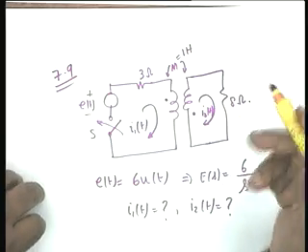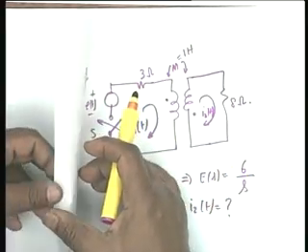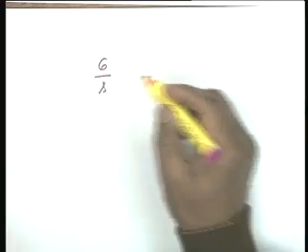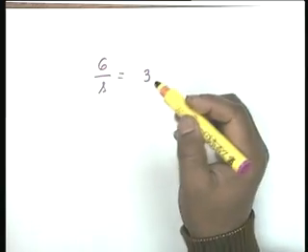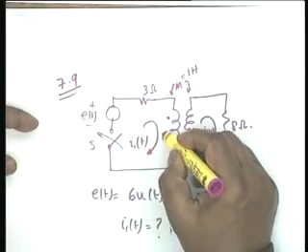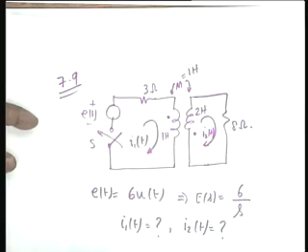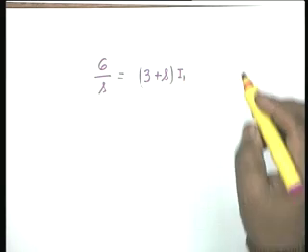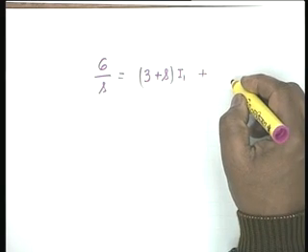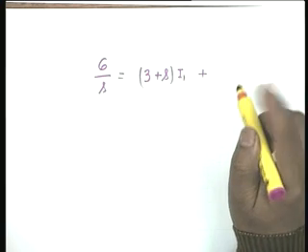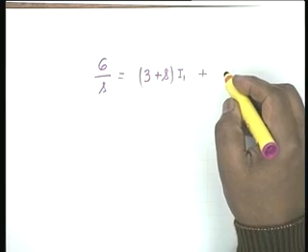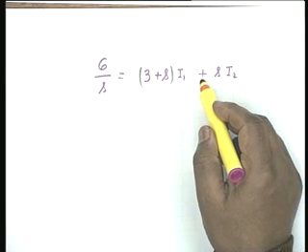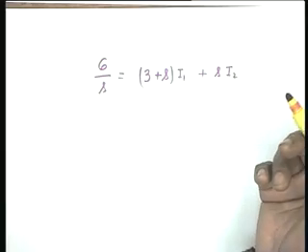The current has also been reversed, and therefore I can write down by inspection the equations for the two meshes. 6 by S would be 3 plus S, since L1 and L2 are given as 1 Henry and 2 Henry, multiplied by I1, plus, it will be a plus sign, the mutual inductance is 1, so its impedance is Sm equal to S, times I2. The plus sign has been restored because the dots have been reversed, and the current has also been reversed.